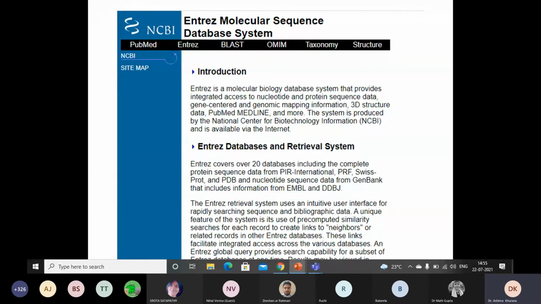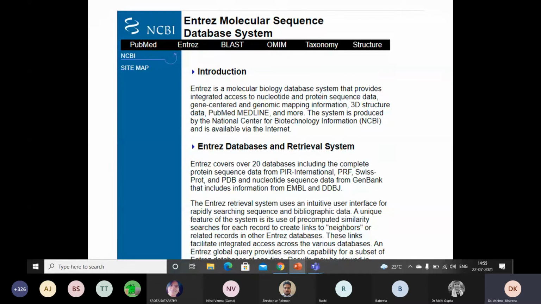This system is produced by the National Center for Biotechnology Information, NCBI, and it is available through the internet. Entrez covers over 20 databases, which include complete protein sequence data from PIR International, PRF, SwissProt, PDB, and nucleotide sequence data from GenBank, which includes information from EMBL and DDBJ.